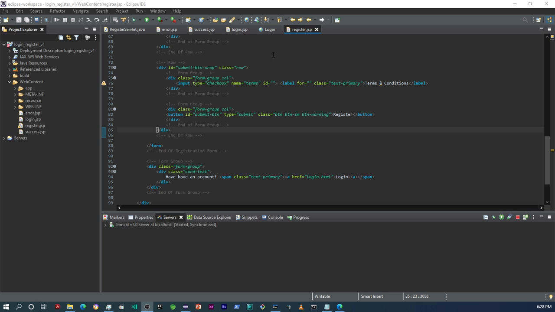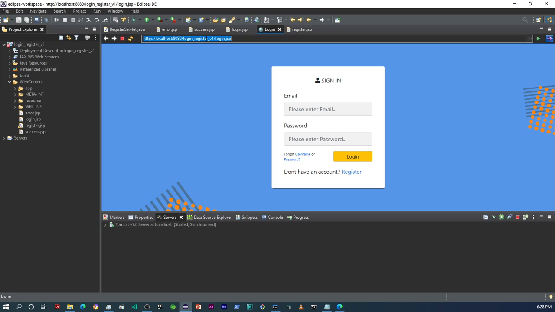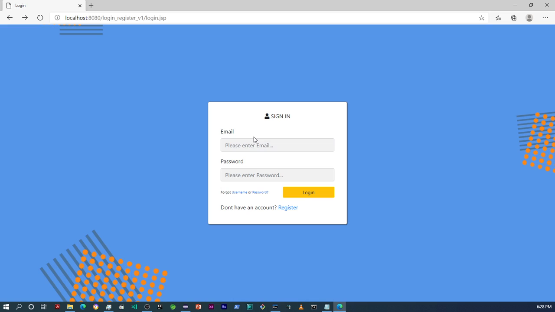Okay, so the server is now up and running. I'm just going to copy that particular link there and then paste it within a browser. So I've copied it into the address bar over there. So if you go to the register page,